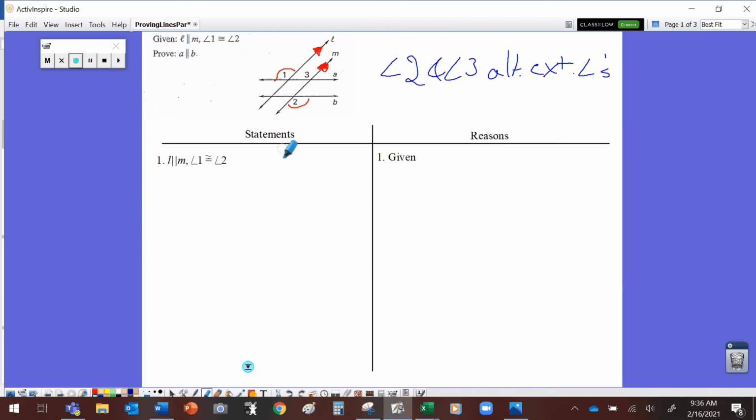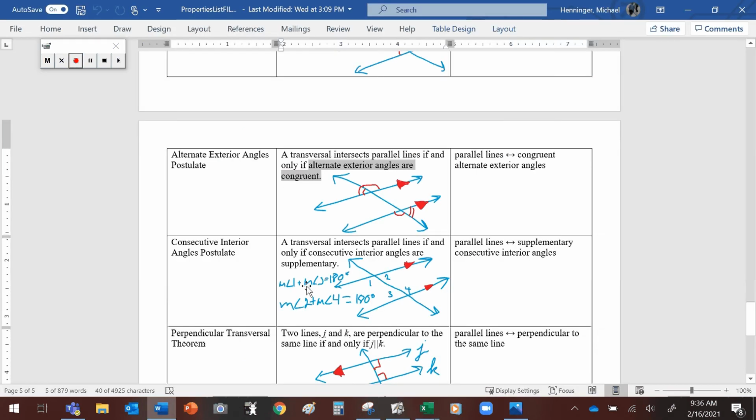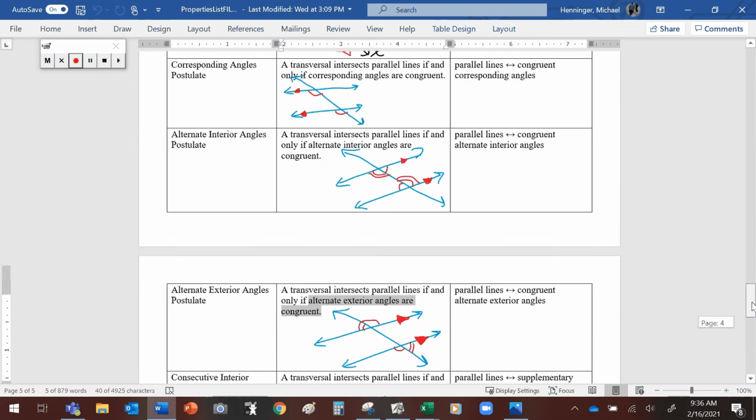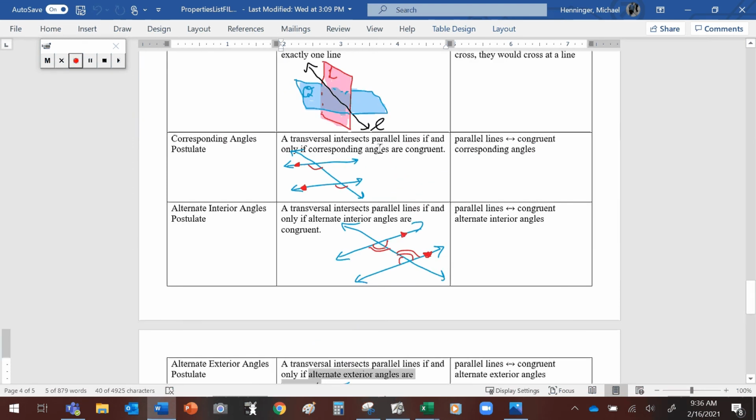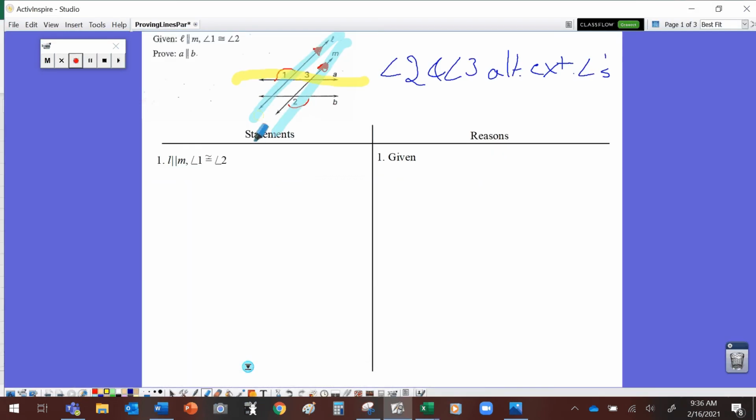We are given here lines L and M are parallel. Now take a look at angles 1 and 3. Angles 1 and 3 are corresponding angles. If we go back to that property list, we can see that if we have parallel lines, that means that those corresponding angles are going to be congruent. So, since those lines are parallel, my next statement,